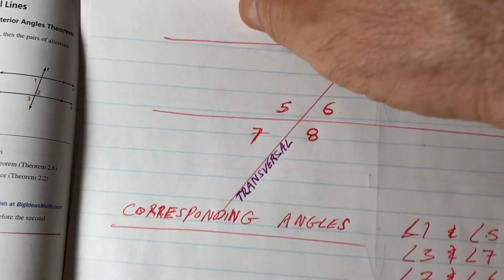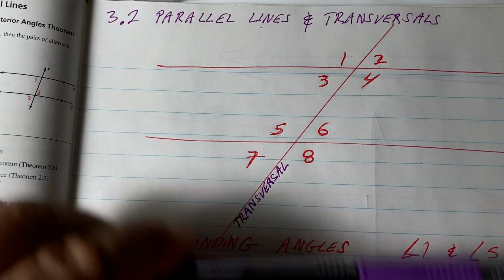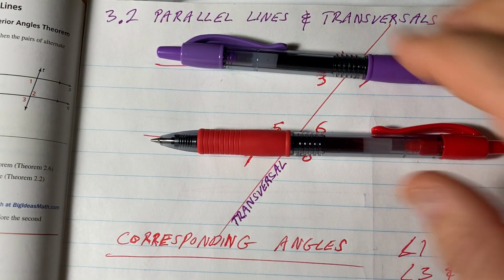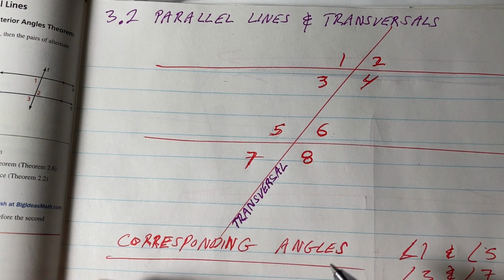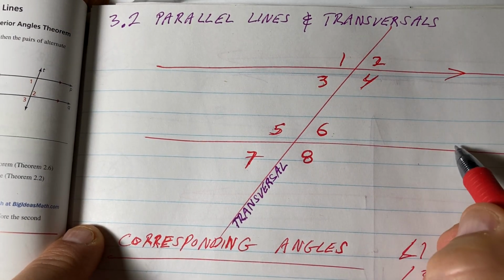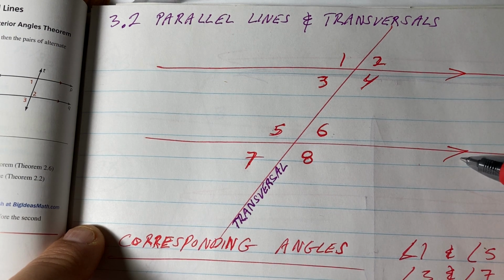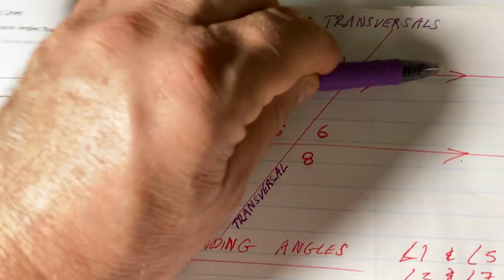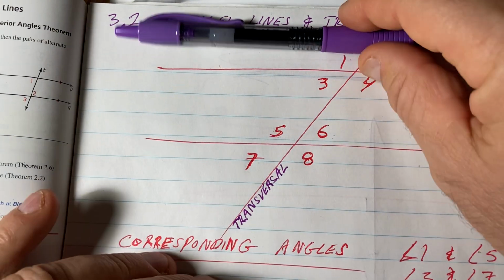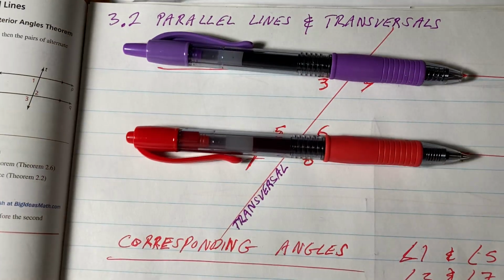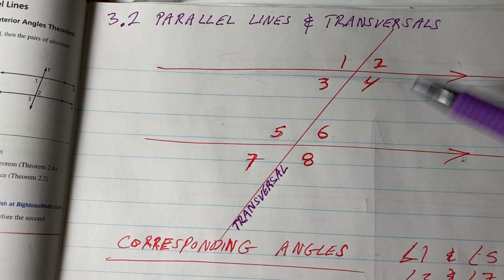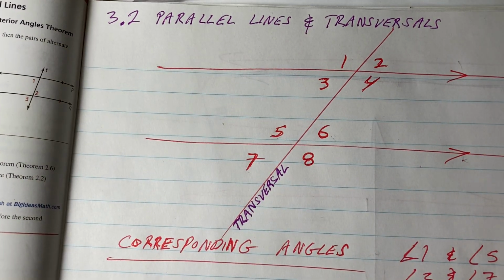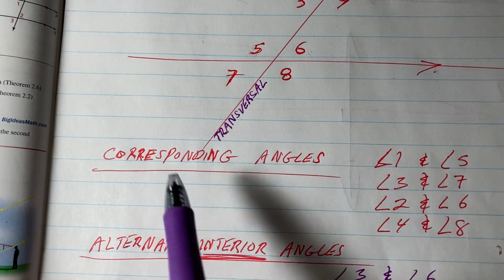Now, what happens if these two lines are parallel? First of all, how do you show lines are parallel on a diagram? You do this. When they have the same number of arrows going the same direction, that means that line and that line are parallel. Now, if these two lines are parallel, we know that the corresponding angles will